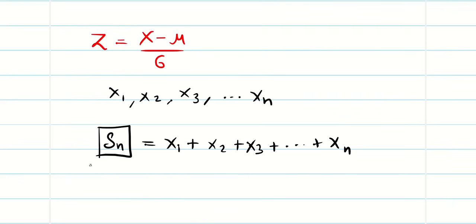Whenever Sn is following normal distribution, it should have a mean and a variance. My mean is going to be n mu and my variance is going to be n sigma square. So now whenever you see the question, the problem can be split into two things. For this we have a corollary. Let us see the corollary first.